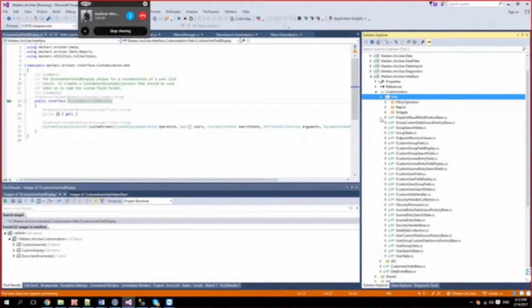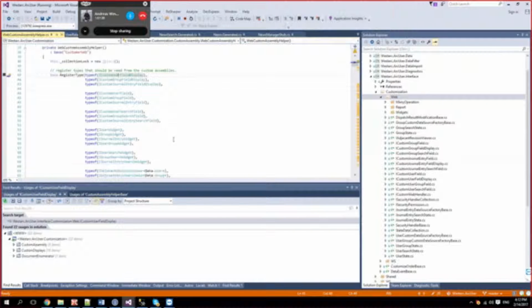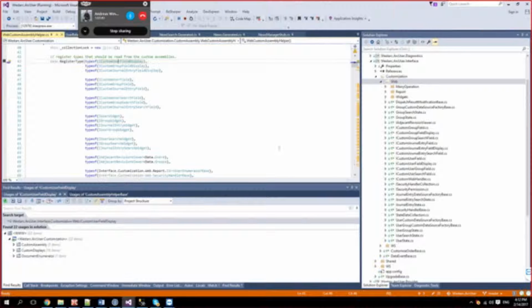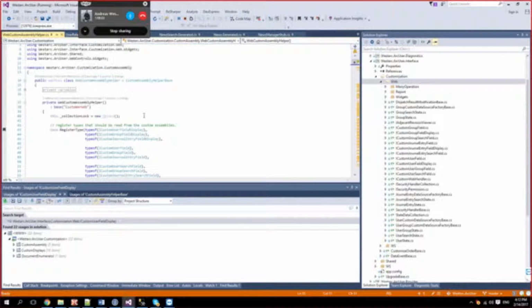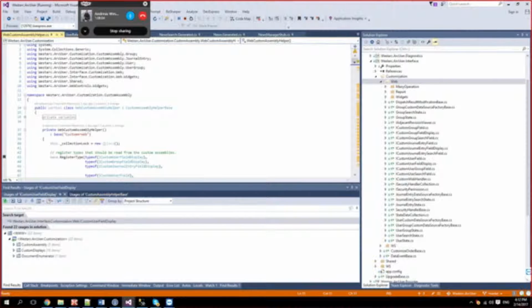But we have a look at the web right now. Here we go. In the constructor of this helper, we choose which interface we have to register. This interface is coded towards the web aspect of things, and we've got a similar one at the back end.